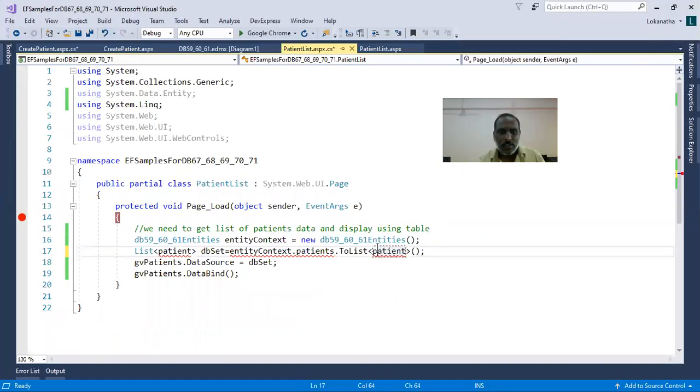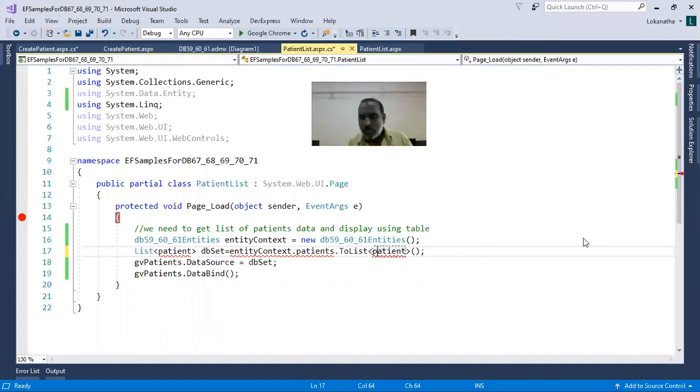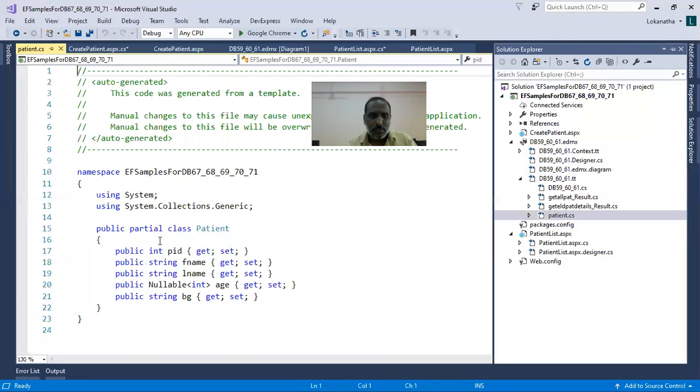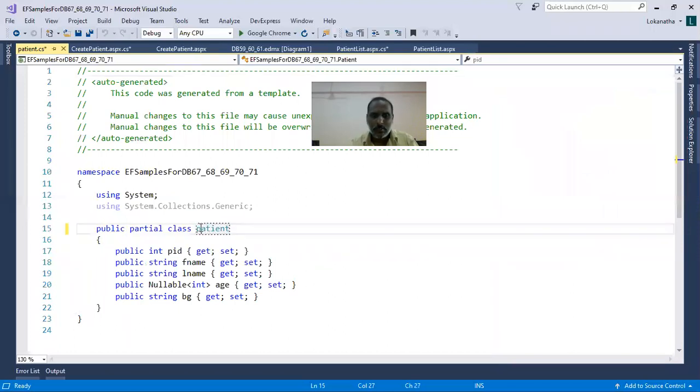I changed the definition in the Patient class to capital P. That is where the problem is.